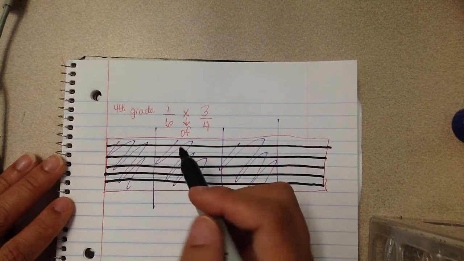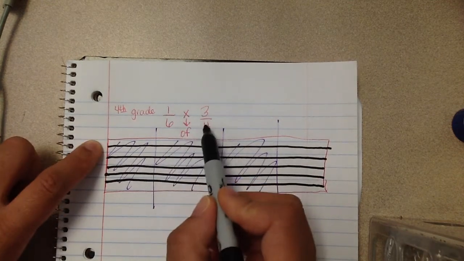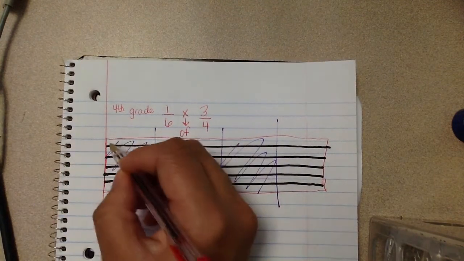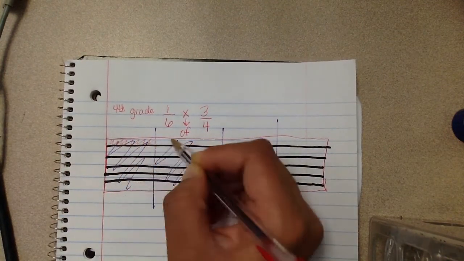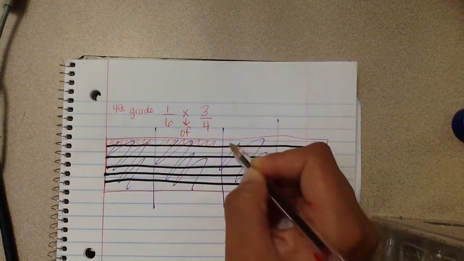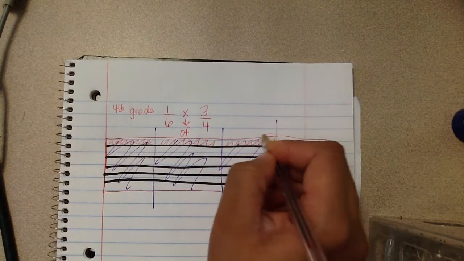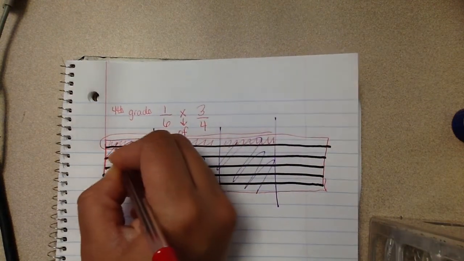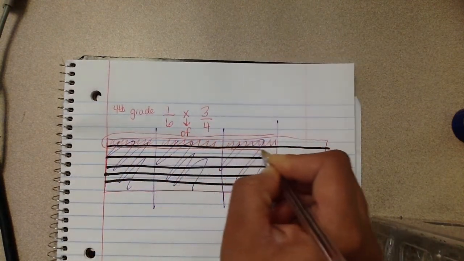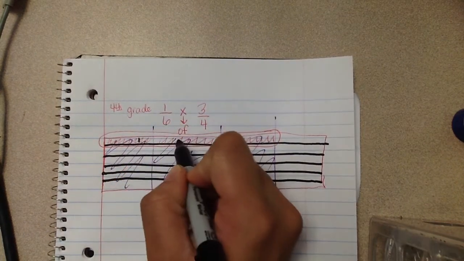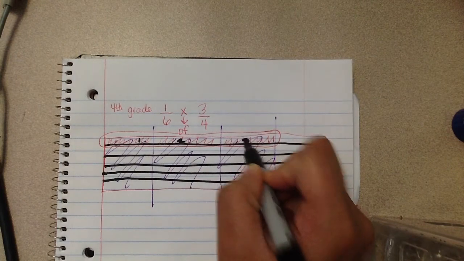Now fourth grade collected 1/6 of all 3 of those fourths. So they collected 1/6 here, here, and here. Okay, so this top little bar represents what fourth grade collected. So that means they collected 1, 2, 3,